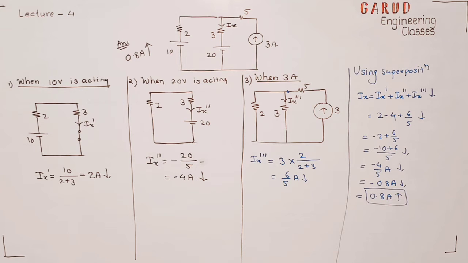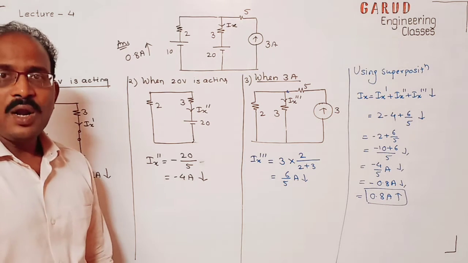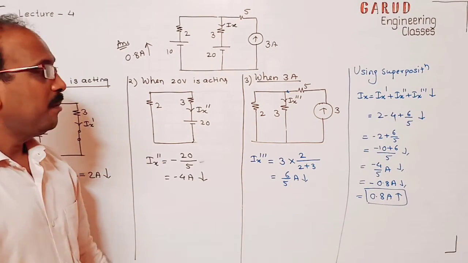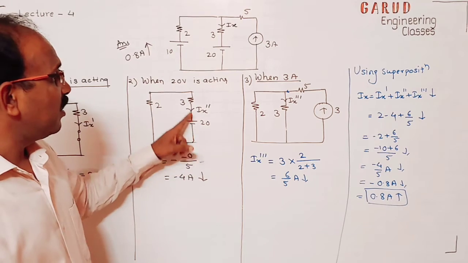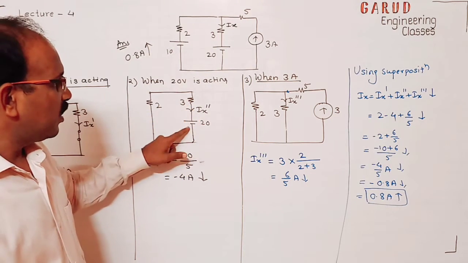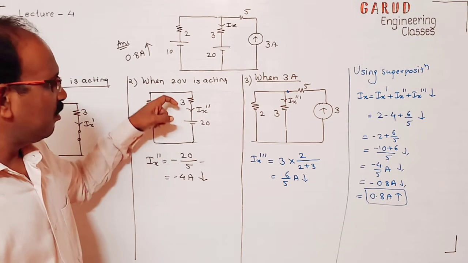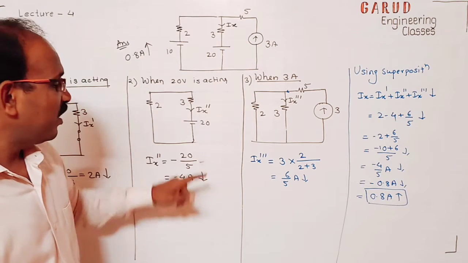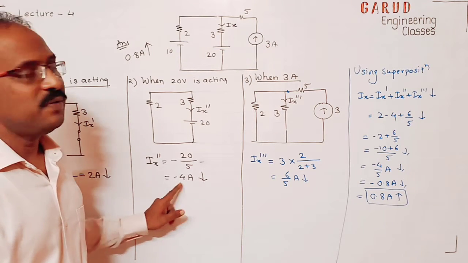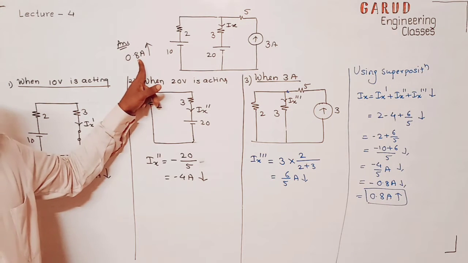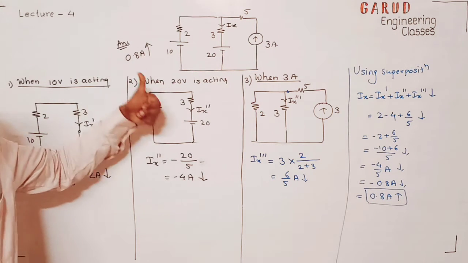And finally, what is superposition? Superposition is mixing. So that means what? We have to add all currents, individual currents, to get resultant current. But see, here in second case, real current is flowing in anti-clockwise direction, and measured current Ix you want is in downward direction. So we consider minus here. Otherwise your answer will be wrong. Okay. So same answer was expected here. This was the answer. Now this is theorem number 1.